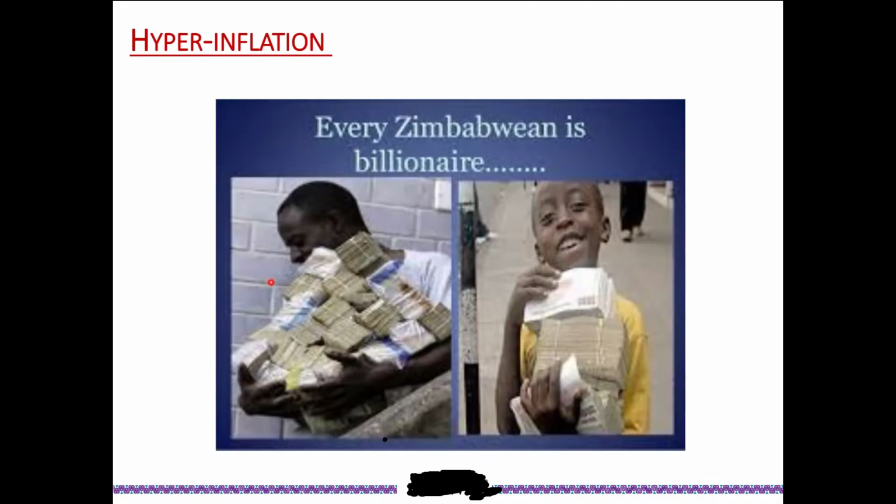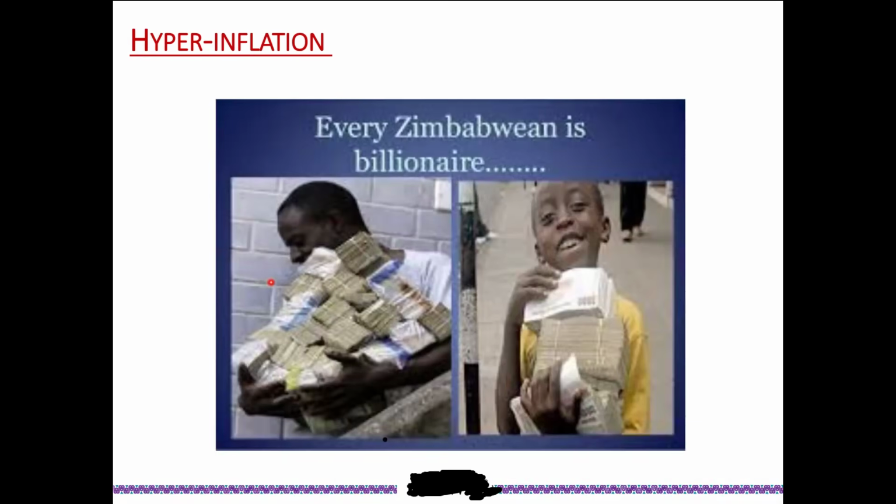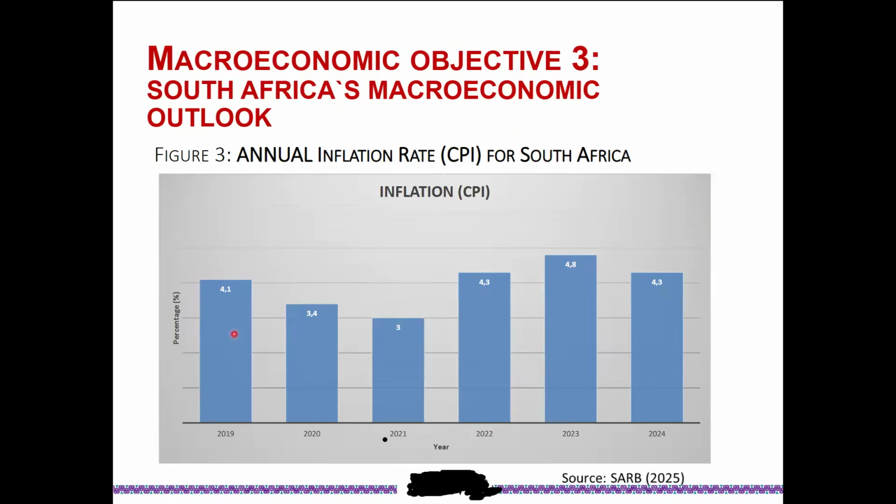So they're basically showing us the hyperinflation here in Zimbabwe, where you had to spend a lot of money. You can see this person is carrying a lot of money. Probably he's just going to buy bread, right? Because the prices were too high. Because hyperinflation, remember we said, is an extreme form of inflation. And also here,